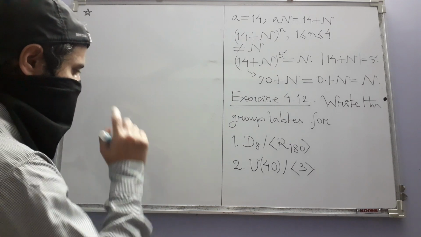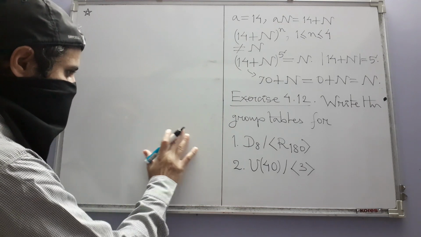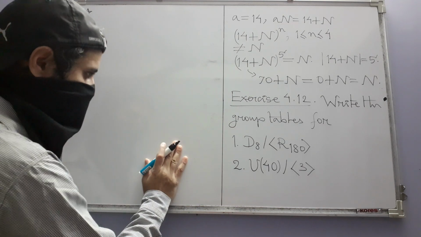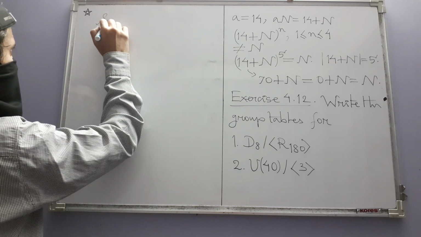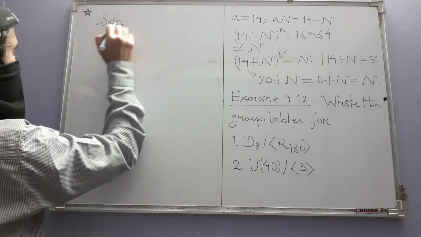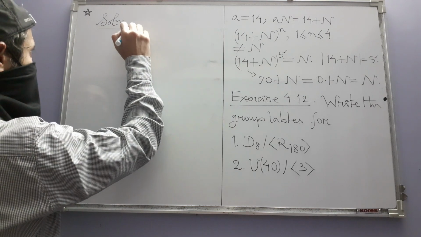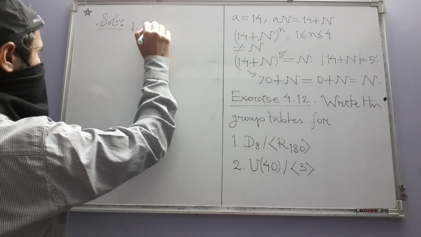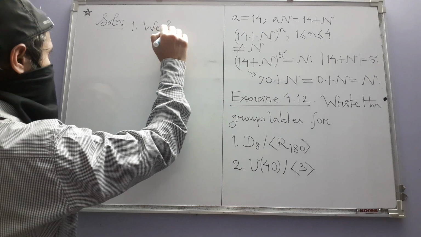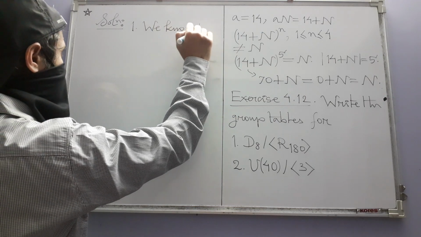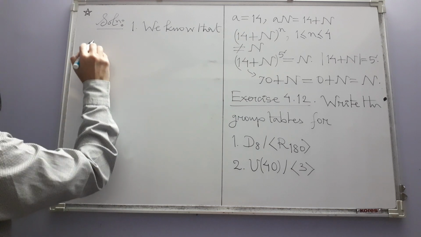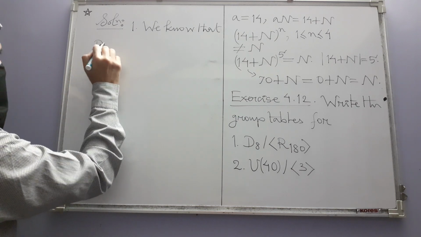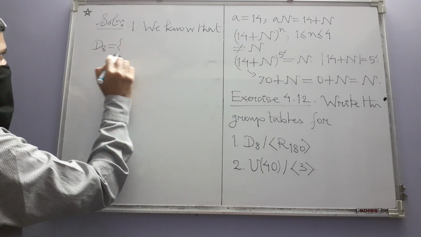Now, in order to write something and not just write simply the table itself, you can proceed like this. We know what the elements of D8 are. It has these